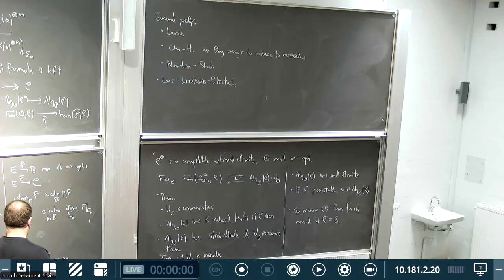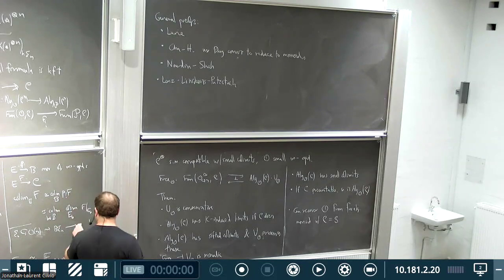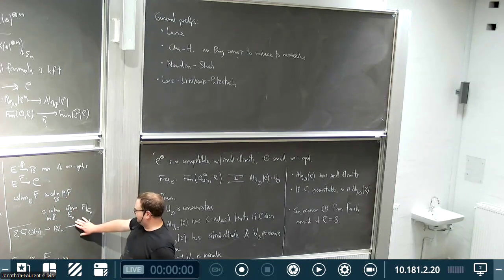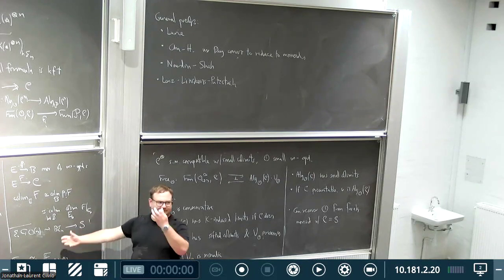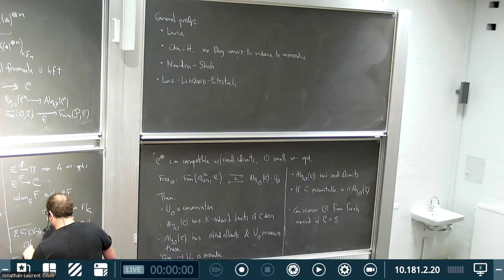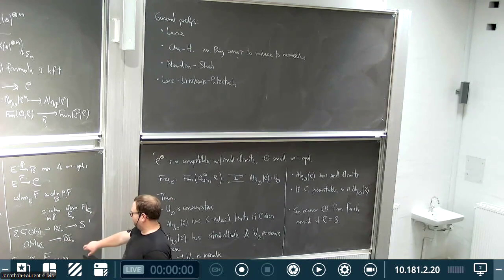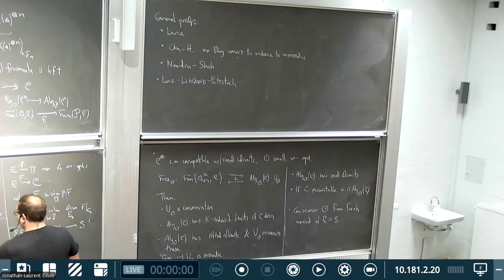So I start with some space O(n) with a sigma n action. I can view that as a functor from B sigma n into spaces. And so I can straighten that, but since this is a space, the straightening is just given by taking the colimit, and the colimit of this functor is the homotopy orbits. So this corresponds to the covariant of O(n) mapping to B sigma n. And in general, if I have a G action on some space X,